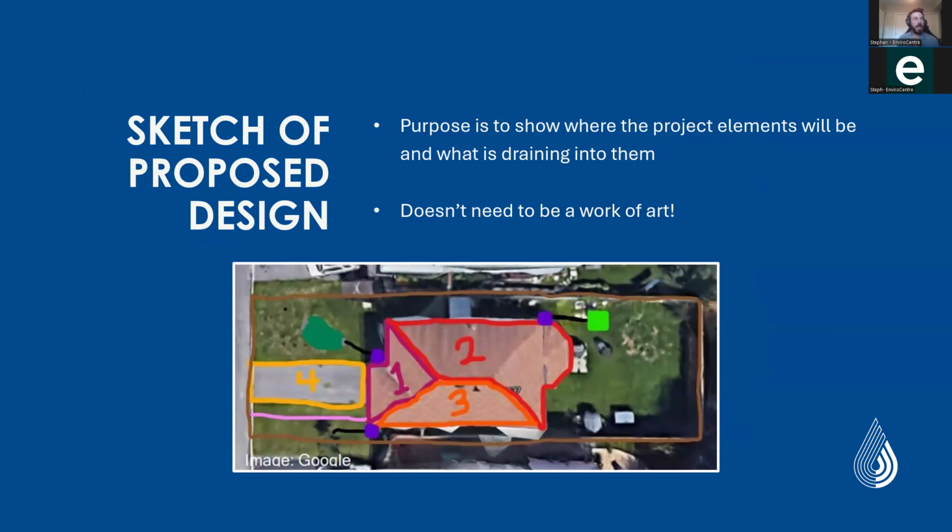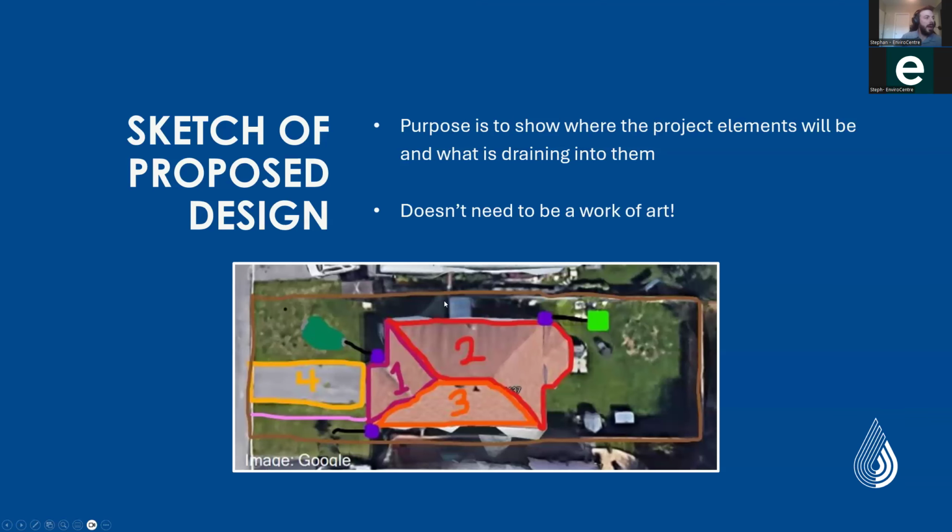If you are applying for the rebates, you do have to make a sketch of a proposed design. This is an example. It literally can be a sketch on some grid paper where you draw the lines of your roof and number them that way. It doesn't have to be a work of art, as you can plainly see. This is actually in the applicant's guide from the city. So this is a completely acceptable version. It doesn't have to be like a CAD drawing or any kind of special